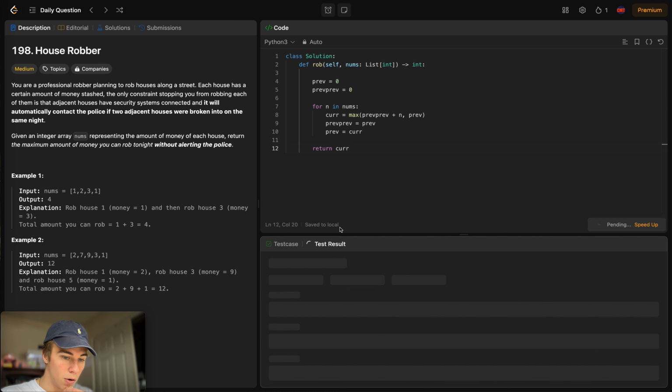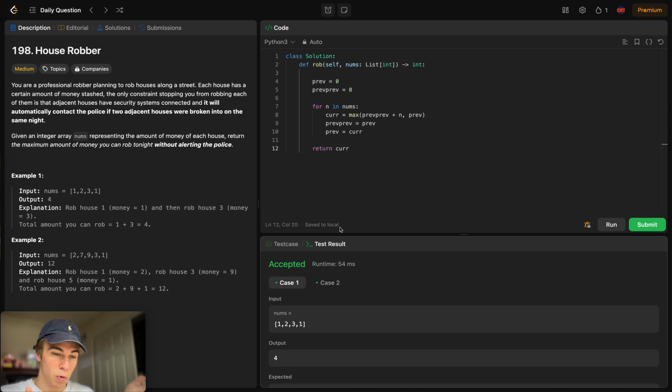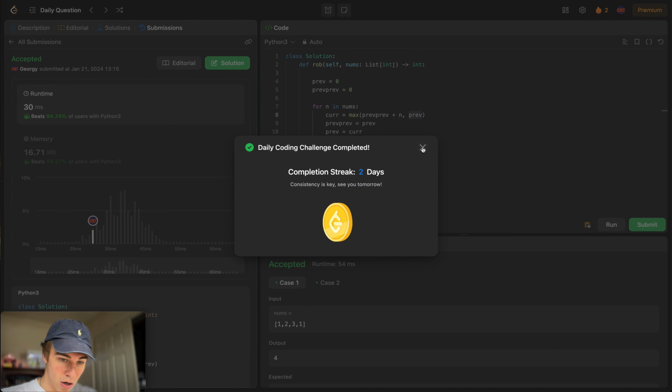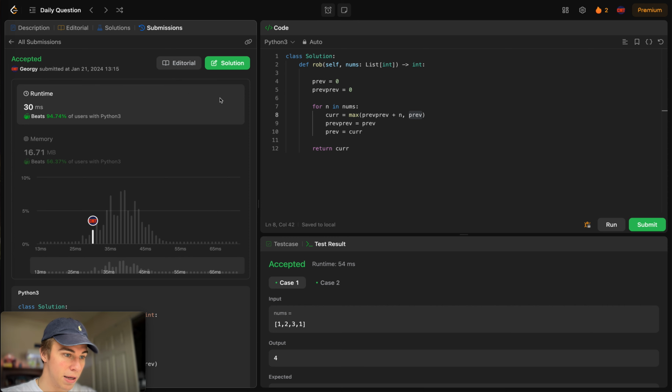Should be it. We're simply going back and looking at, we're shifting what we're calculating by 1, right? So this is the temp, and for this 3, I'm looking at the previous and the previous, and getting what is my current maximum going to be, right? It's either going to be the prev plus the current, or just prev. Submit this. I mean, this is an extremely common DP problem, and no wonder